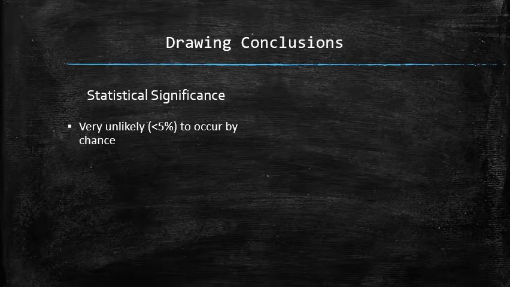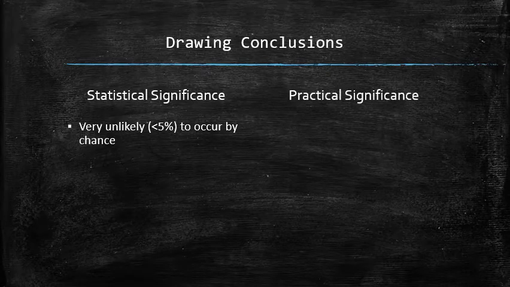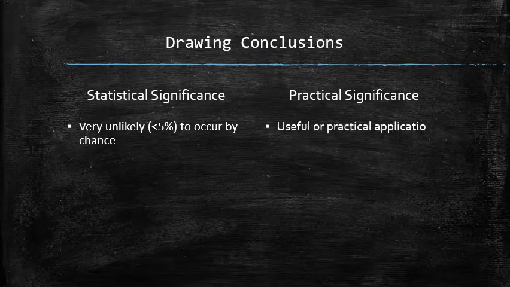A common criterion is that we have statistical significance if the likelihood of an event occurring by chance is 5% or less. Results are practically significant when the difference is large enough to be meaningful in real life. What is meaningful may be subjective and may depend on the context. As the next example will show, it is possible that some treatment or finding is effective, but common sense might suggest that the treatment does not make enough of a difference to justify its use or to be practically significant.